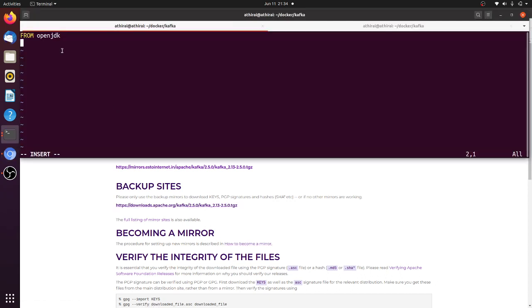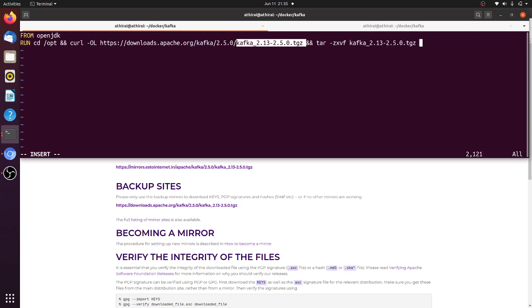In my Dockerfile I'm going to get this as the base image, and then run this command: cd /opt. In the opt directory I'm going to download this entire Kafka package, and then I have to untar it with tar -zxvf, giving the file we downloaded.